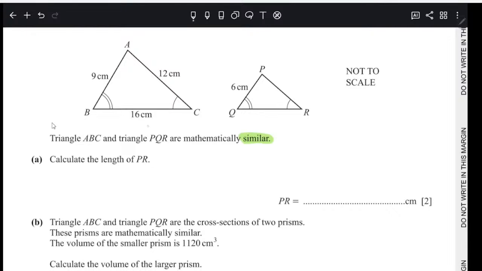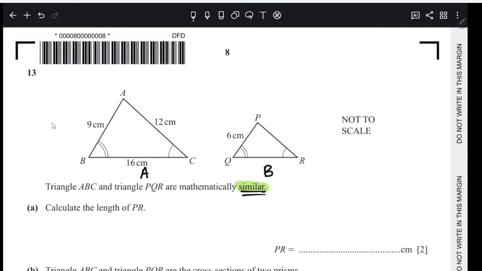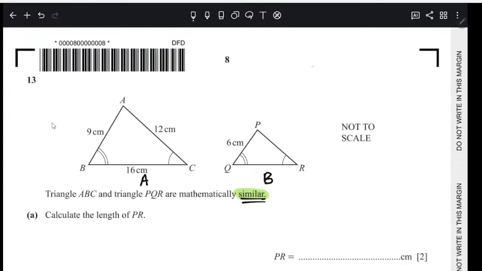So let's call this shape A. Let's call this shape B. We saw it from the last question that it works. Calculate length PR. Of course, they'll never say what to use. Let's do it in steps. Then we can get to. We see the word similar, right? We write the 5 important things that we must know. So length,